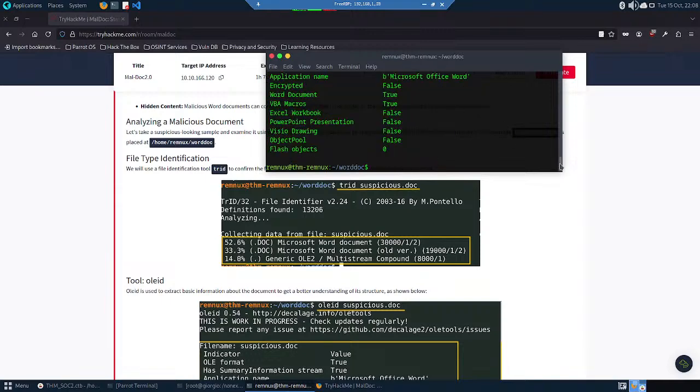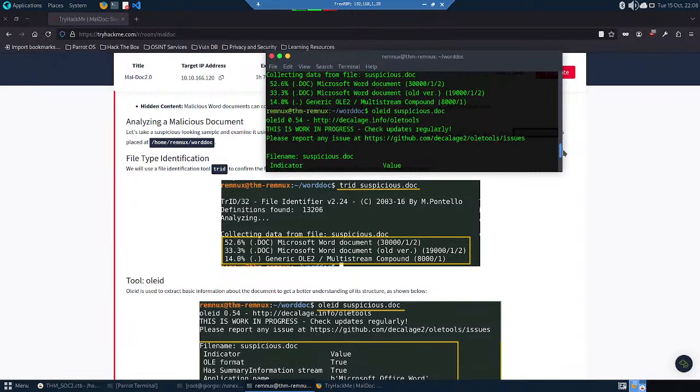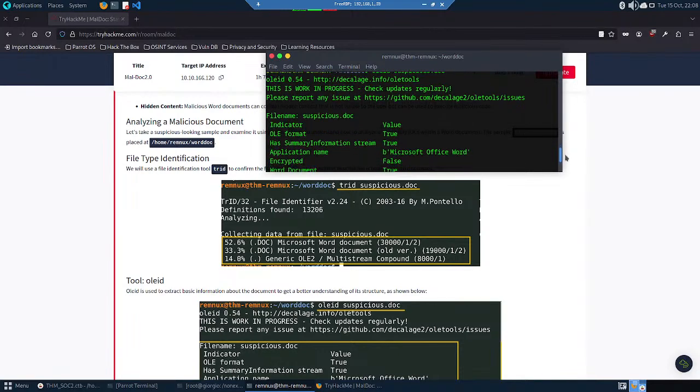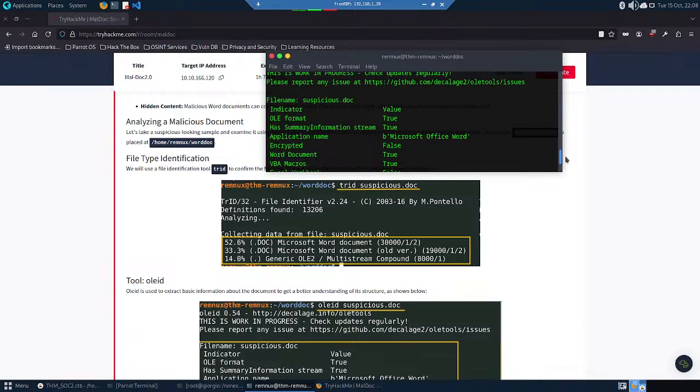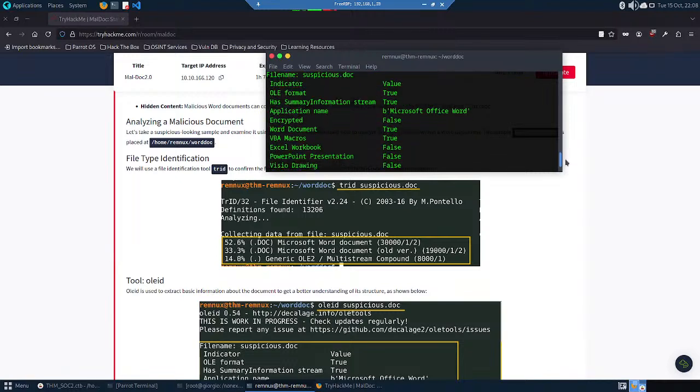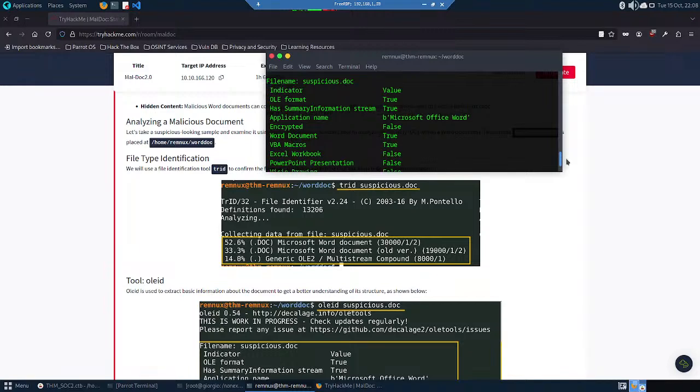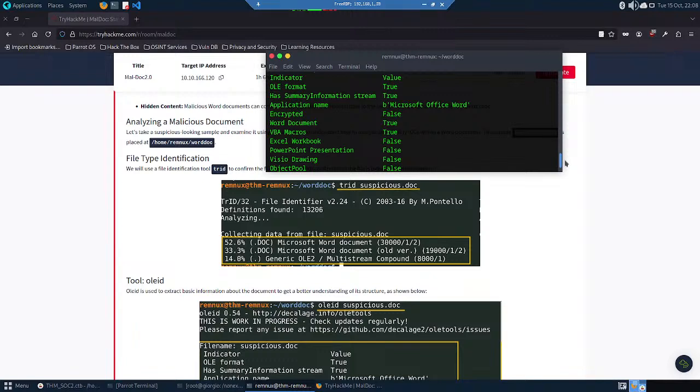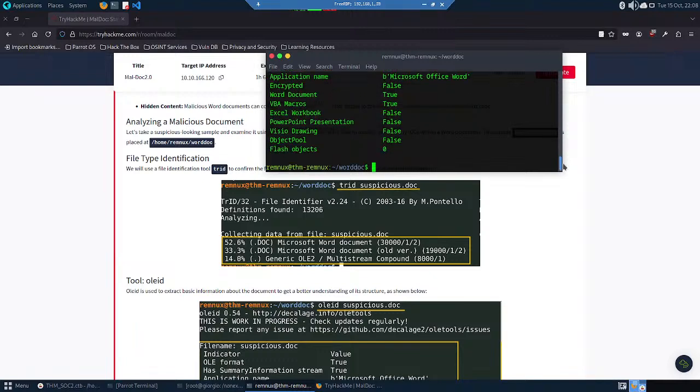That tells us, what do we have? Used for basic information about the document to get a better understanding. So there's the name of the application. Is it encrypted? No. It's a Word document. Yes, there are macros in it. It's an Excel workbook, PowerPoint presentation, Visio drawing. Oh, nobody uses that anymore, do they? I don't know. Flash objects. Nobody uses Flash anymore. So anyway,